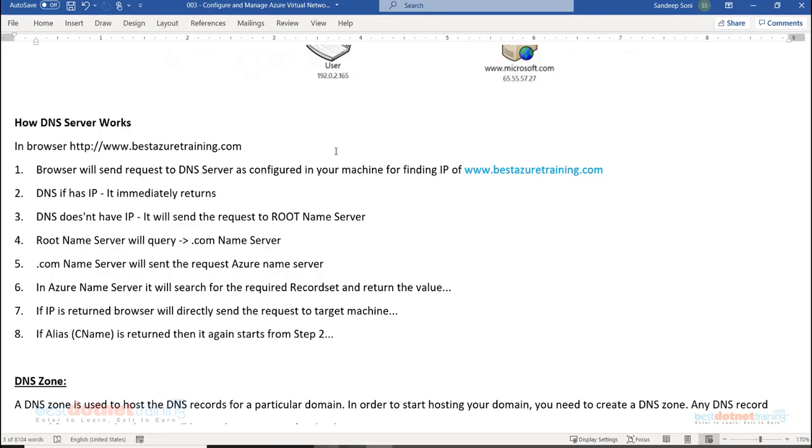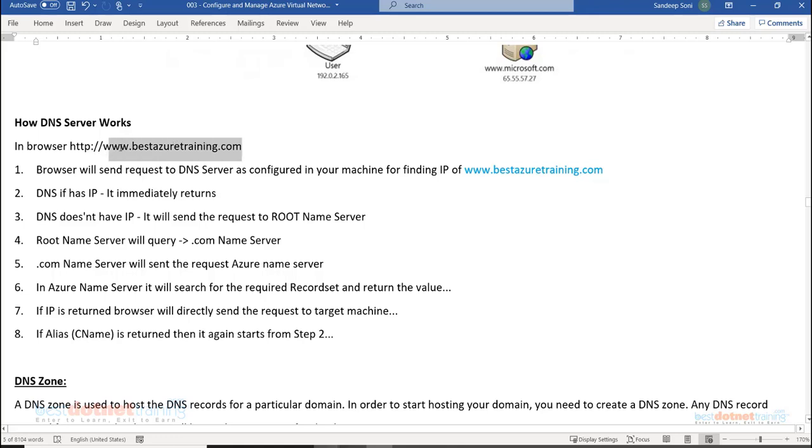Aliases can be created. And eventually every name should end up with an IP address, because an alias again will lead somewhere. Suppose I have www.abcd.com mapped to xyz.com. xyz.com somewhere will eventually evaluate to the IP address. Every name eventually should evaluate to an IP address. That is a fixed thing.